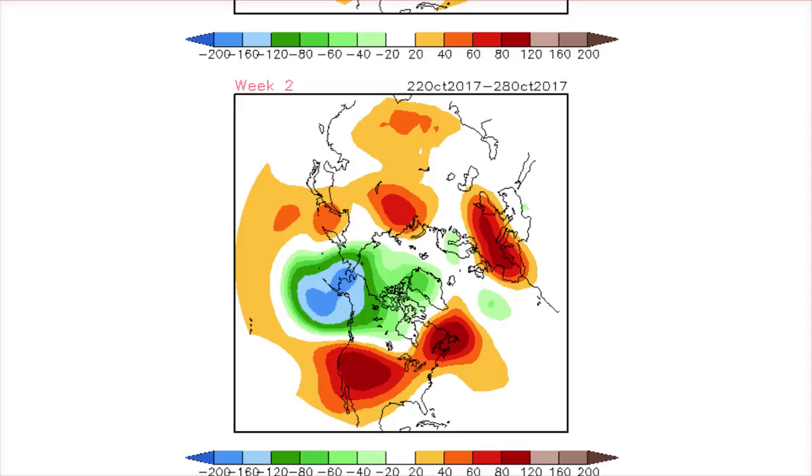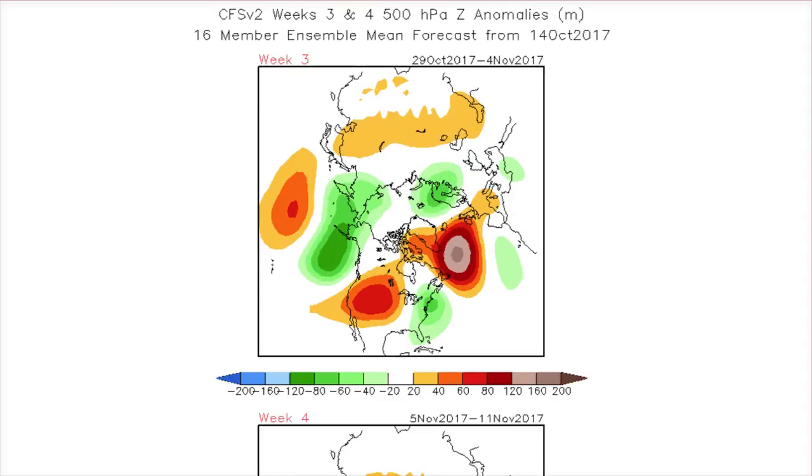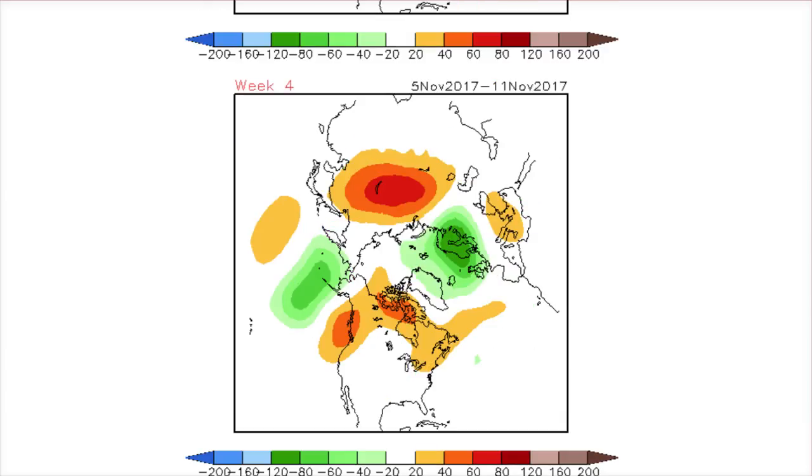But what about further ahead? Well, this is the week 3 forecast from the CFS from the 29th until the 4th of October. Higher heights out towards the west wants to show signs of this ridge building in. It also wants to bring in more of a north to northwesterly flow, indicating cooler but drier conditions at the end of the month. And of course we saw that on the ECMWF charts as well, the first signs of that pressure building. But like I say, it doesn't last long,